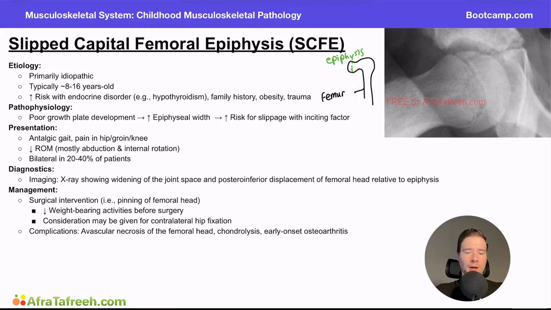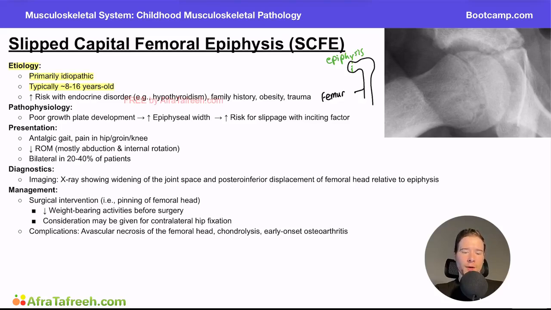But if we think about the etiology here, this is a primarily idiopathic condition. That means we don't necessarily know why it always occurs. We do know that this typically is going to occur in an age range between 8 and 16 years old. And again, this makes sense to us. Why? Because this is where the primary growth spurts occur for most people. And this pathology tends to occur during those growth spurts. When the bone is undergoing an elongation process,